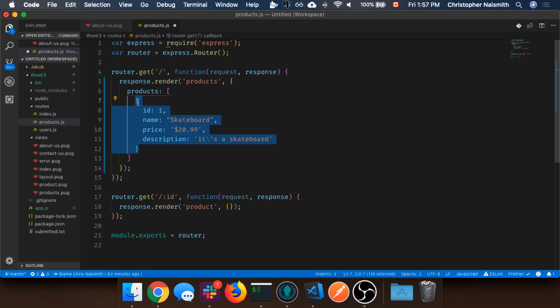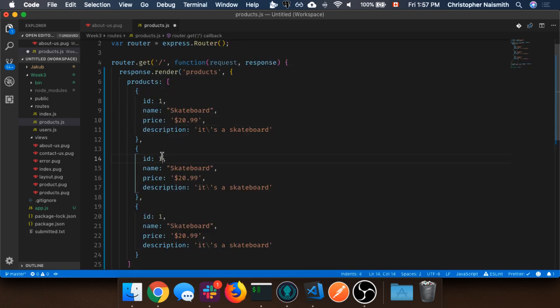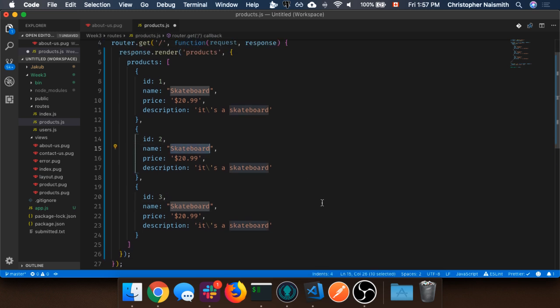And now we're going to want to create multiple products. So I'm just going to copy this a couple times. ID of 2, ID of 3. Instead of a skateboard, we could do skis. Skis are great at Blue Mountain, and they're going to be $27.99. And maybe a snowboard,